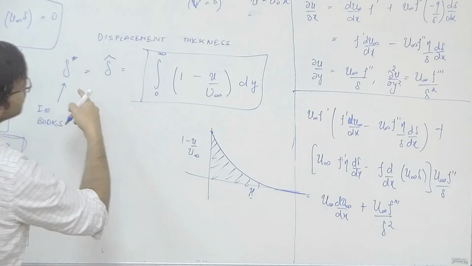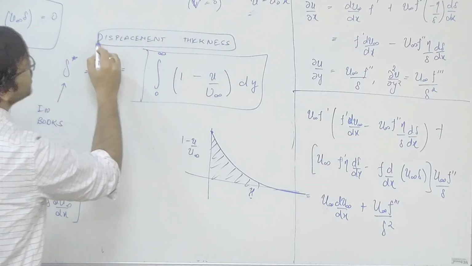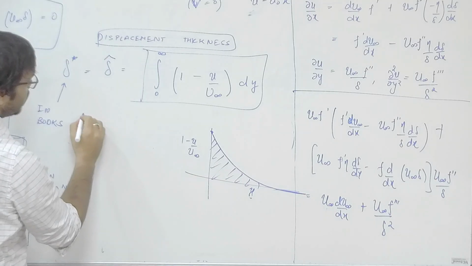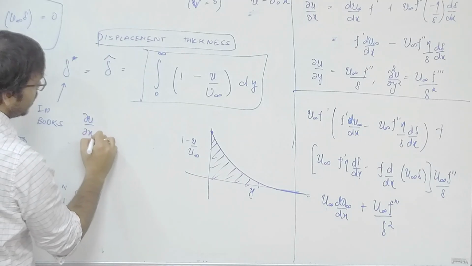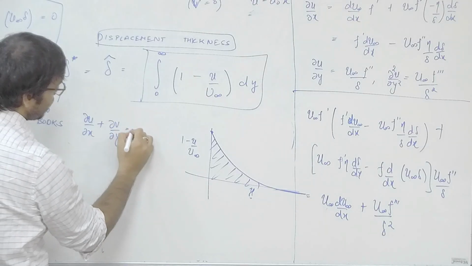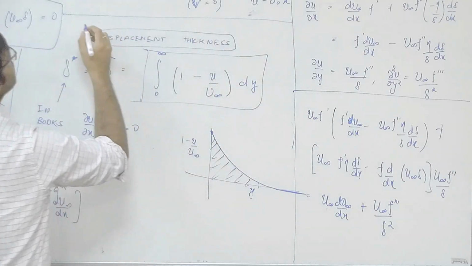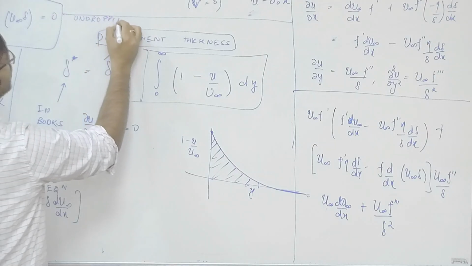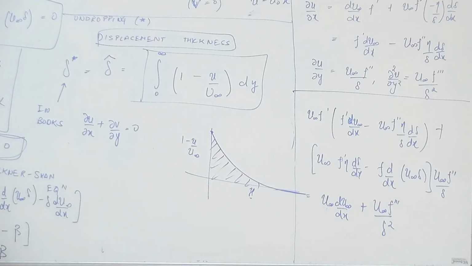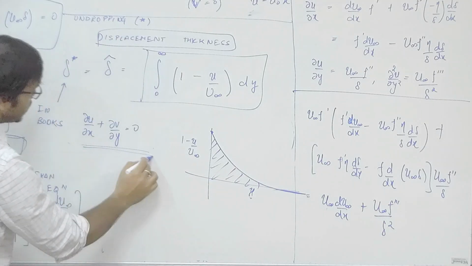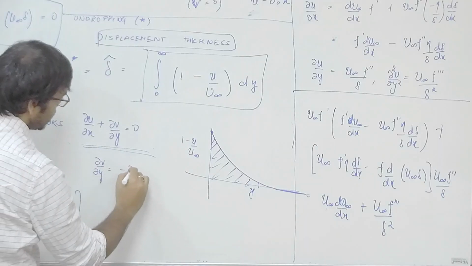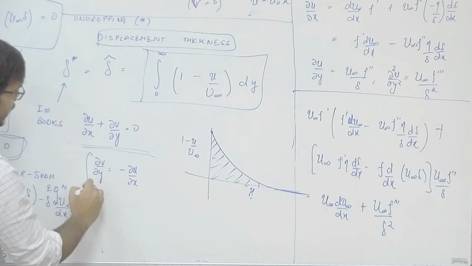So why is this called a displacement thickness? What does it even mean for it to be called displacement thickness? For that, we can look at the continuity equation inside the boundary layer, which is simply this. Now I am back to dimensions by the way, so I am undropping the stars. Any quantity from here on, if I am not putting a star, is a dimensional quantity. So inside the boundary layer, you still have this as the continuity equation, and so del v by del y is minus del u by del x, and if I integrate this,